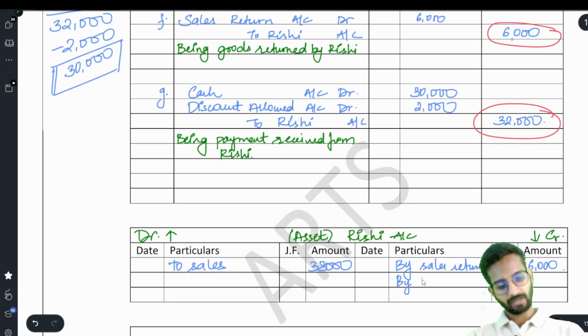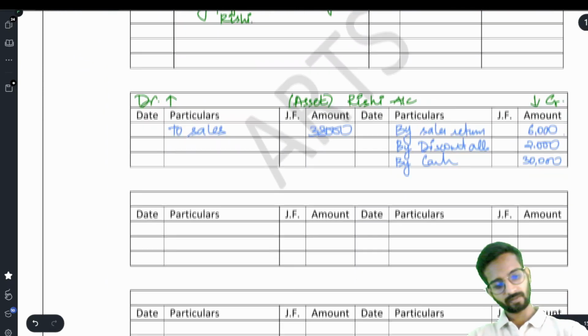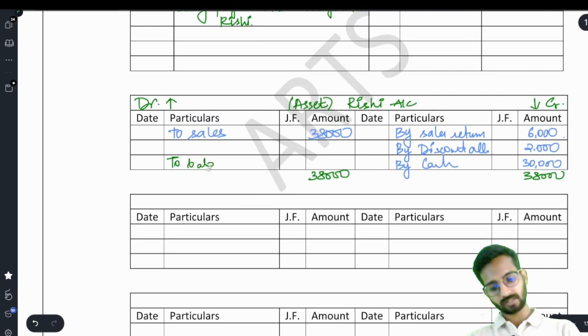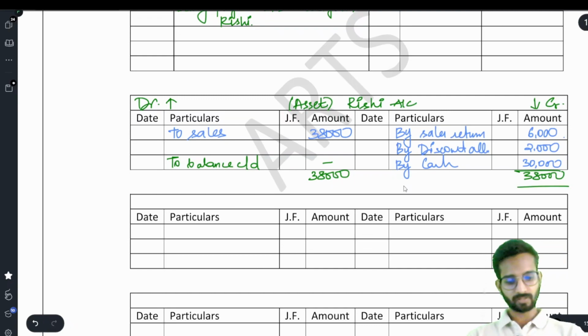So we will write here by discount allowed 2,000, and by cash we have received 30,000. So it will automatically tally, as the total of this will be 38,000, and here also 38,000. There is no balance carried down, so we will just write to balance carried down 0. The total will be 38,000, 38,000. Now moving further,